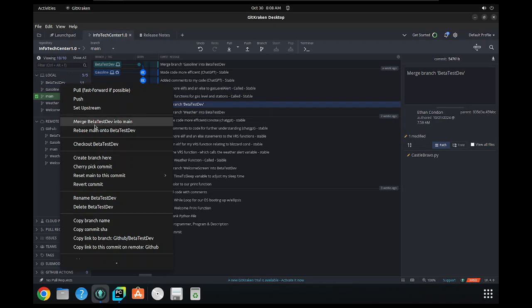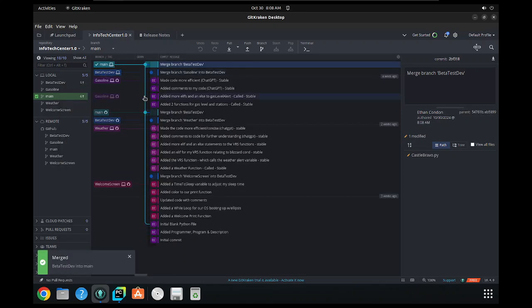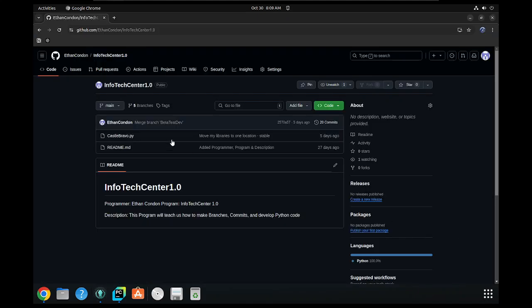Always make sure it says that, and don't click whatever this button is, nor this button. You should click this and there should be no conflicts. If there are conflicts, you're going to have to fix it. But fun. All right, last thing we're going to show you before I let you go,